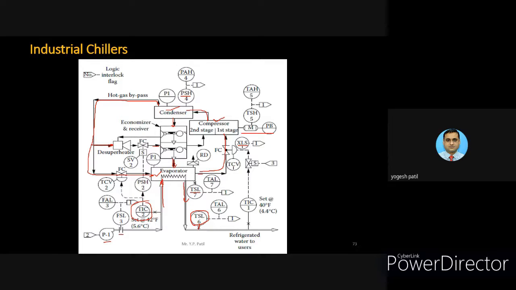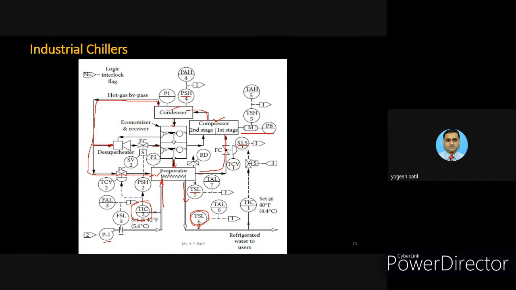You can see there are two outputs for this TIC2. It can be given through the high pressure switch to this particular solenoid valve control, and it is also connected to the bypass valve. So it can also regulate the flow rate of the bypass valve. So the bypass valve can be controlled by this temperature controller, and everywhere obviously there is a measurement of temperature.